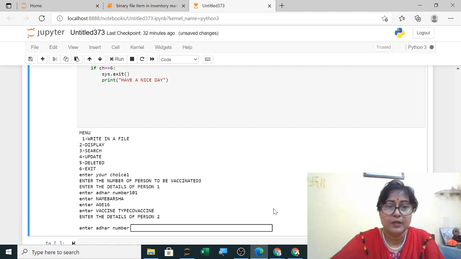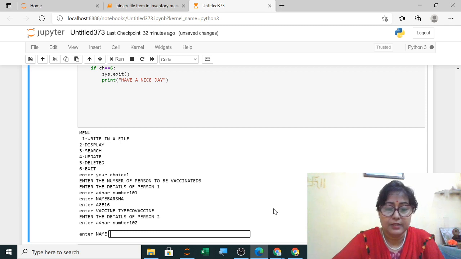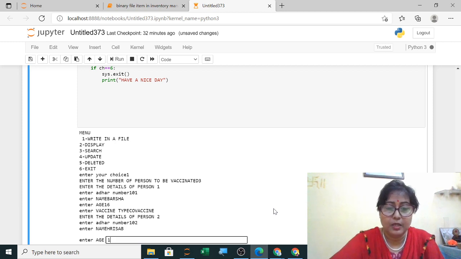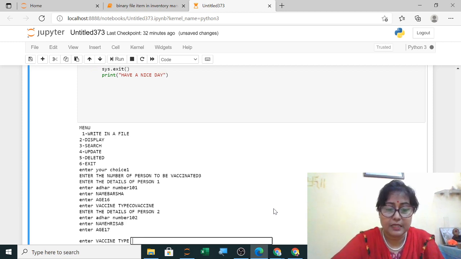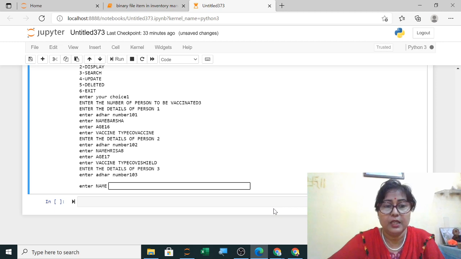Then person 2. Suppose 102 is the Aadhaar number, and then your age I am writing, and the vaccine, suppose it is Covishield. Now the third person it is asking, so 103.